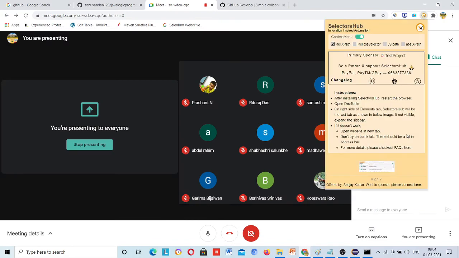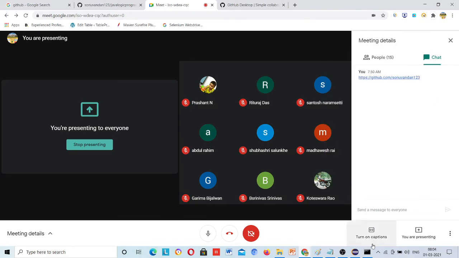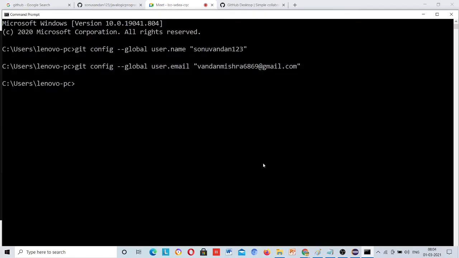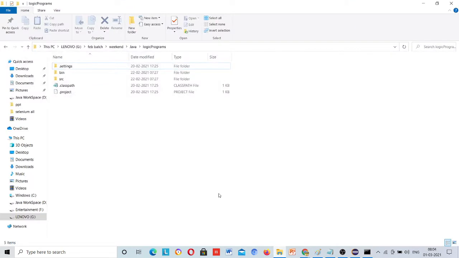Now after this, you first need to go to the location where the code is residing. My code is residing in this location. cd means change directory, in the G drive: Batch, Weekend, Java, Logic programs.